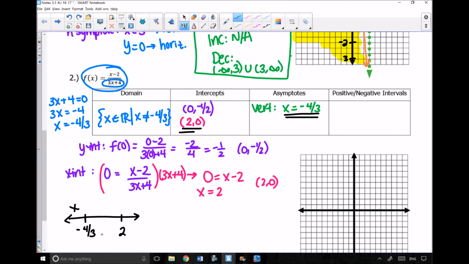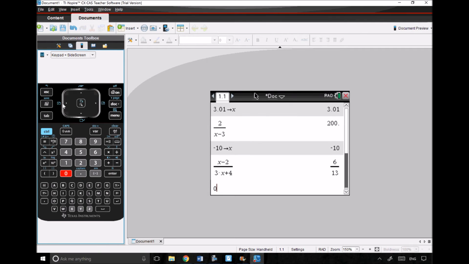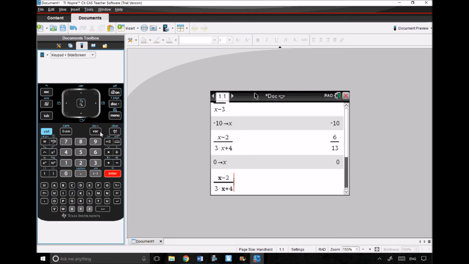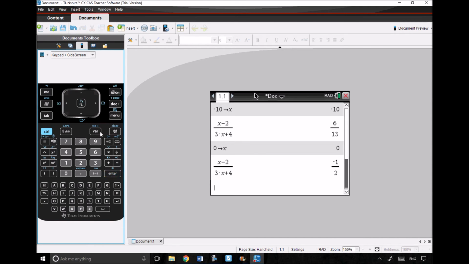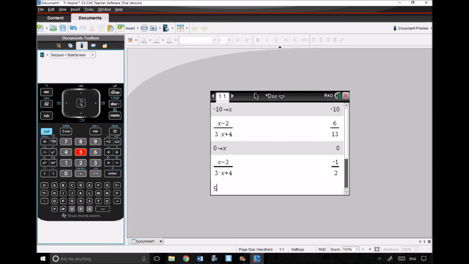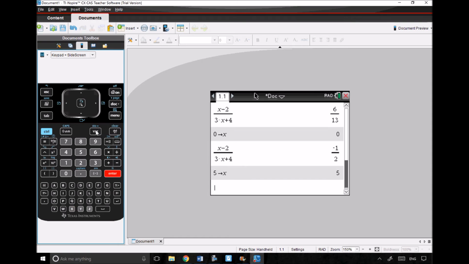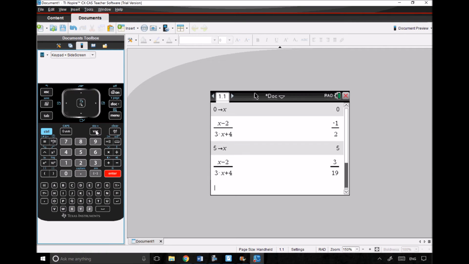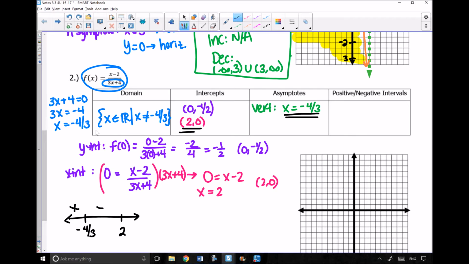Then I'm going to try a value in between. So I'm going to try 0. So if I take 0 and I store that in as x, I get -1/2. So this right here would be a negative value. To the right over here, I'm going to try 5, just randomly choosing a value. So 5, I'm going to store it in as x. Go ahead and figure out your value. You get a positive